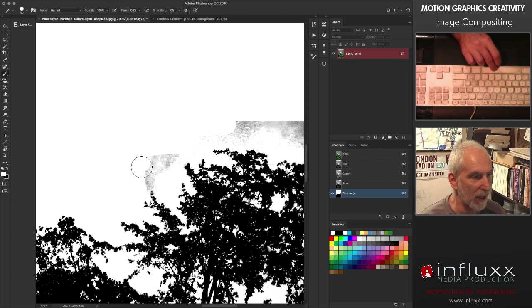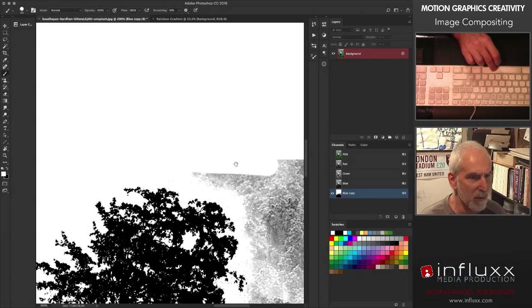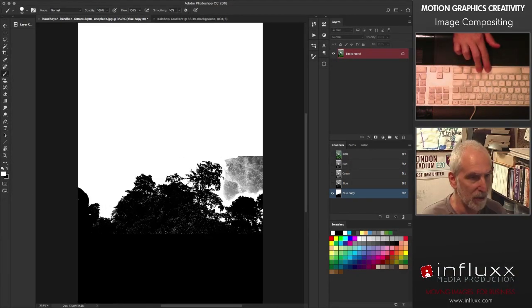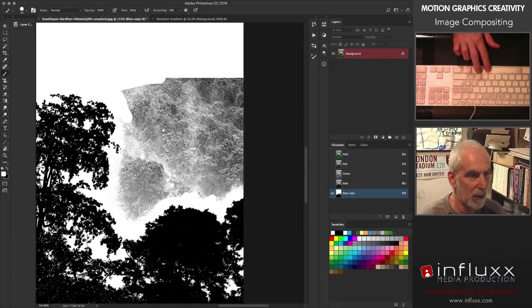Finer. Again, with a detailed photograph like this, one errant leaf being omitted from the selection isn't going to